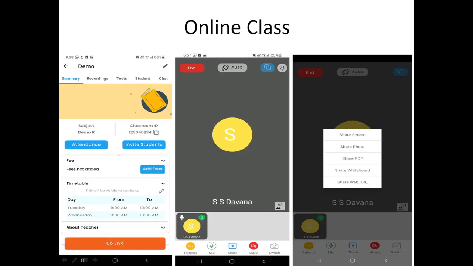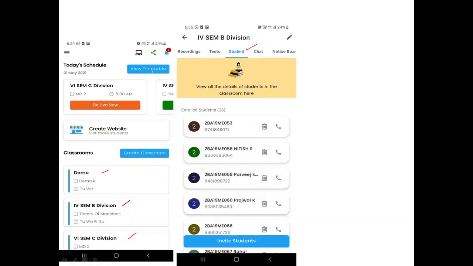Next thing, you need to enter the timetable here. If you click on view timetable, it is going to give you the timetable. So you can enter the class timings, days as well as time. Suppose here it is Tuesday, Wednesday. If you click on this timetable, it is going to give the time: what time you are going to conduct on Tuesday and what time you are going to conduct on Wednesday. So this is about the timetable.